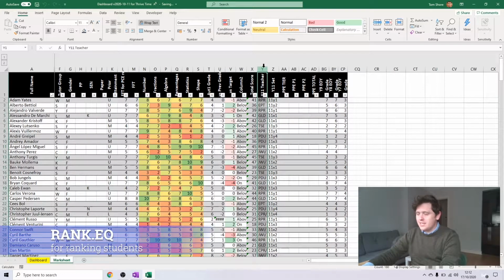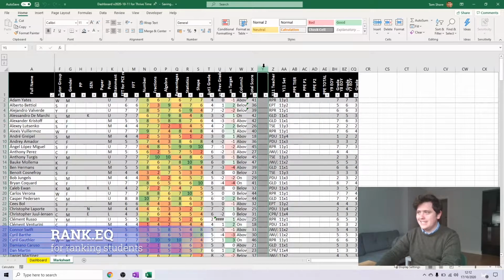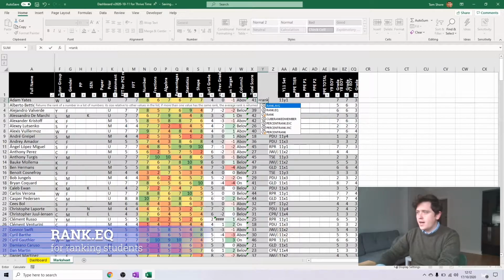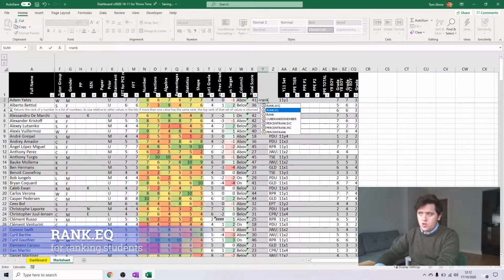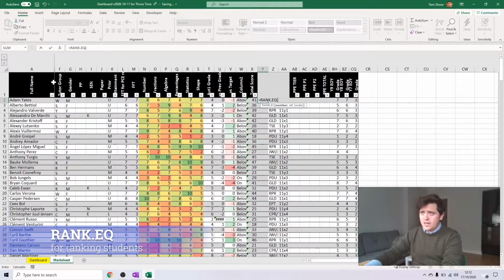So I'm going to keep this near the total score because it's quite related to that. I've just added a new column and I hit equals RANK, and I like to use RANK.EQ for the same reason that if there is a cell of the numbers that I'm trying to rank that's empty, it will just ignore it. So I'm going to tab into this one, and it's sorted it out for me at the top,